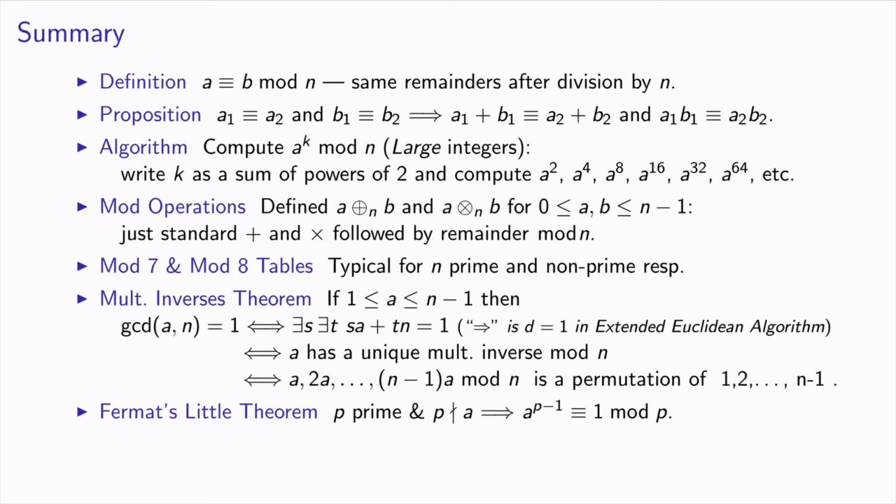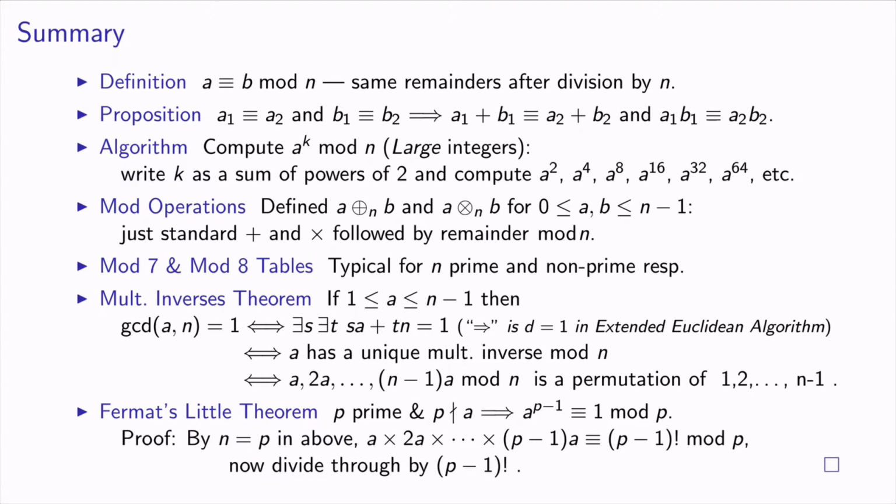And the proof of that was fairly quick using this result here, because if we put n equals P into here, and we're taking A to be less than or equal to P minus 1, then from here